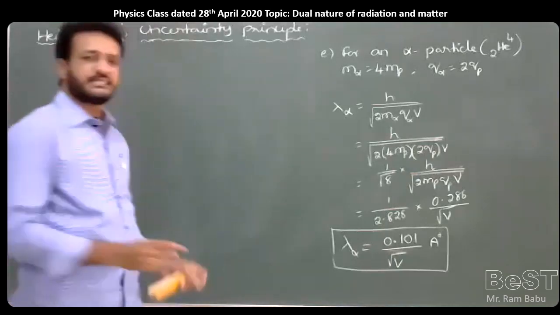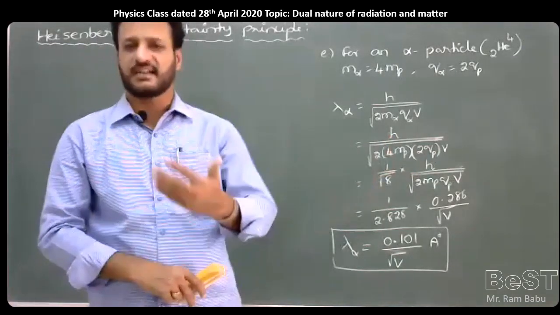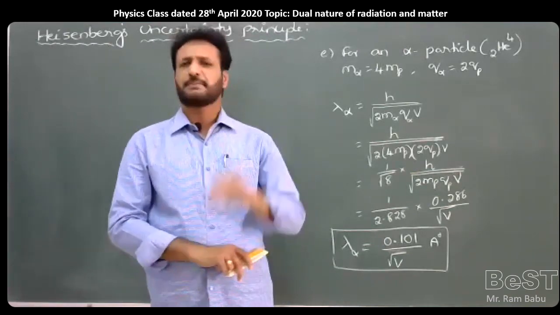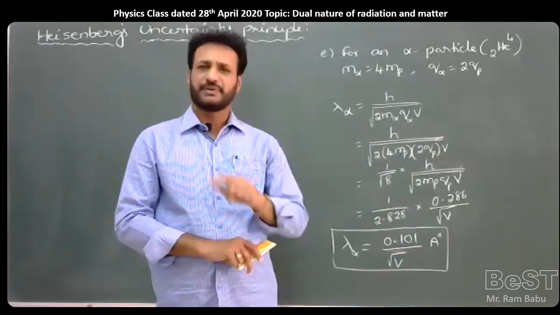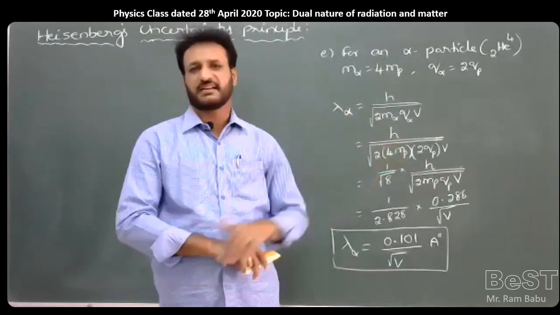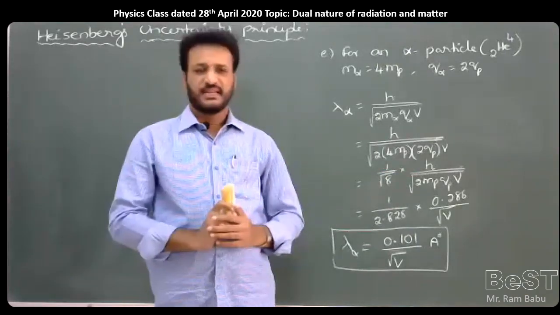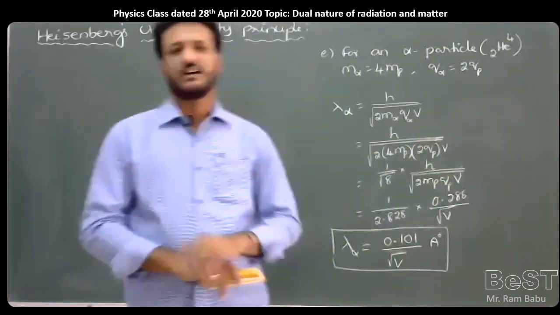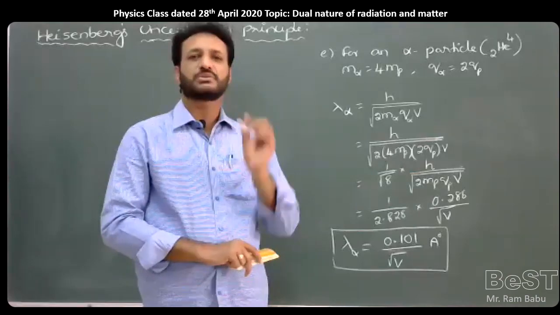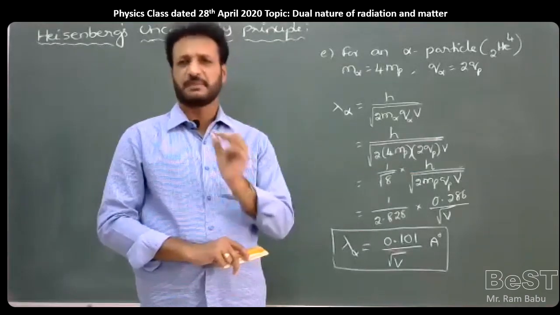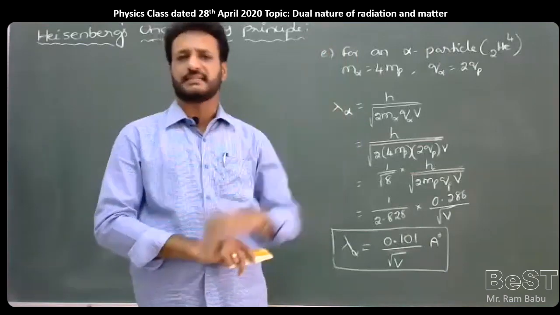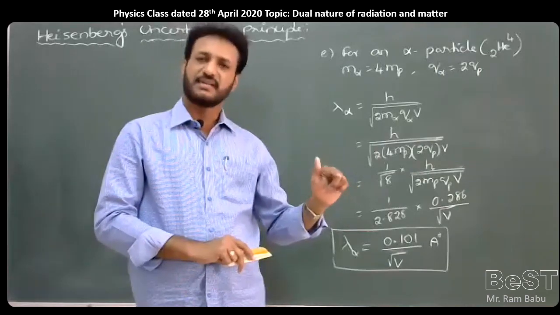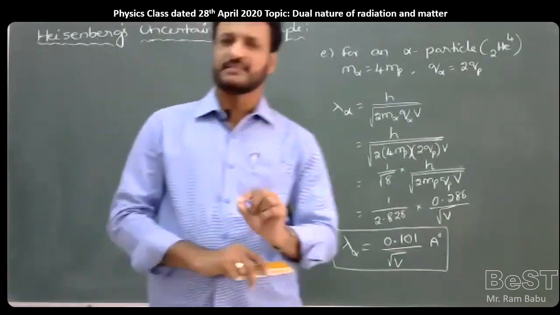For example, in daily life, a car is in motion, so the car has momentum. At a particular instant, I want to find the position of the car and also its momentum. Because the mass of the car is large and the velocity is small, we can calculate both momentum and position almost accurately. But in the case of microscopic particles like electrons, protons, or very small particles moving with very high speeds compared to the speed of light, it is very difficult to find the position as well as the momentum simultaneously and accurately.